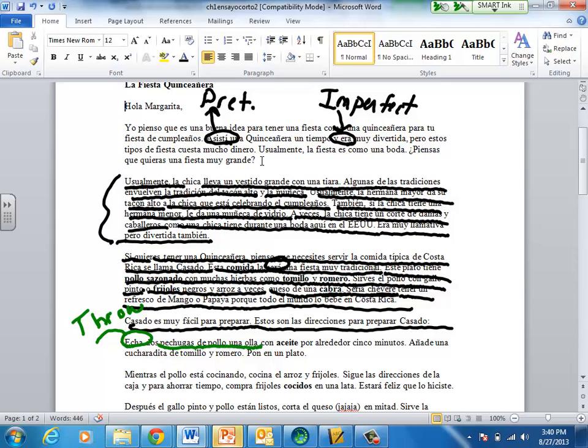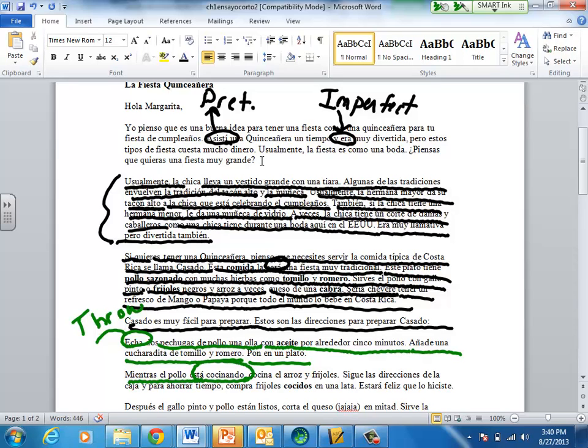Throw two pieces of chicken on the olla, or olla would be the pot, with oil for around 5 minutes. Add a teaspoon of thyme and rosemary. Put it on the plate. Okay? Then,